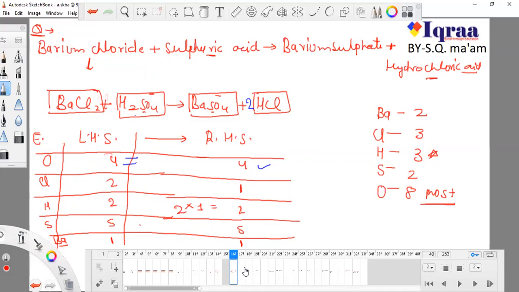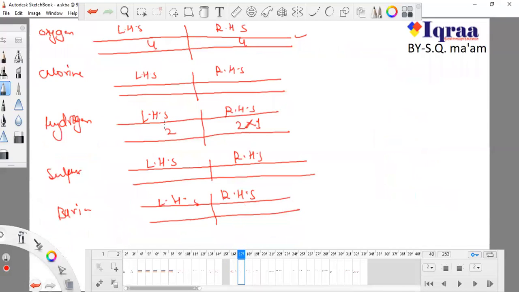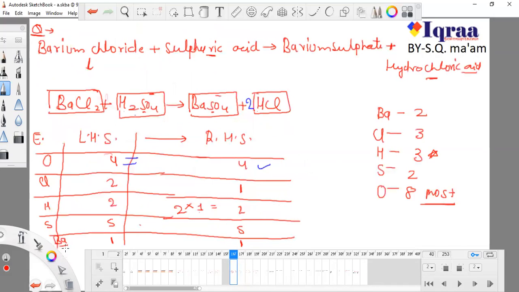So what is the lengthy method? What is the short method? In the short method, when we are so experienced, we know everything. We know how to do this. We will do this on the same plan. But if you are a beginner, then you will do all the things separately as we are doing. So it will be 2. This is a separate thing. Now my hydrogen is also balanced.